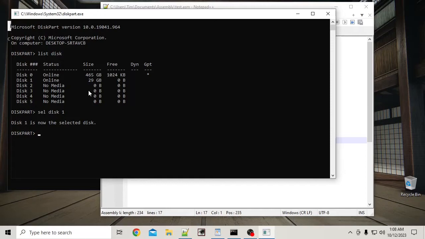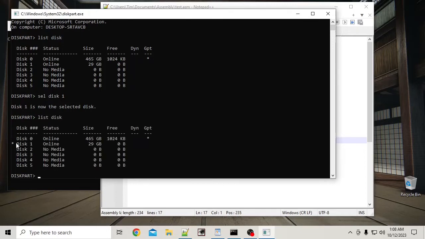Okay, disk is now selected. And now, if it does not say this, do not proceed any further, because you could stand the chance of wiping out something you don't want to. You can also verify. We'll type list disk a second time, and you can see that there's an asterisk next to our flash drive. Okay, good. We are selected. So we are free and clear to go clean,